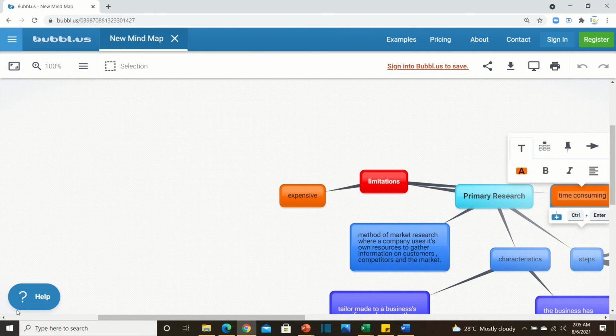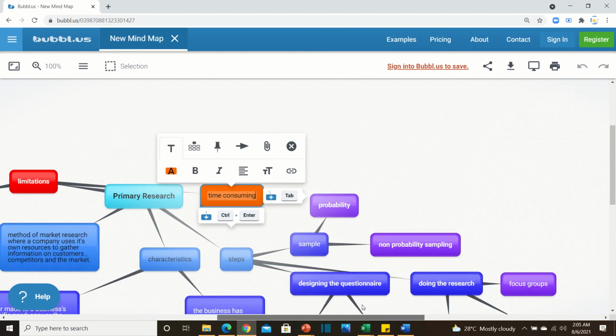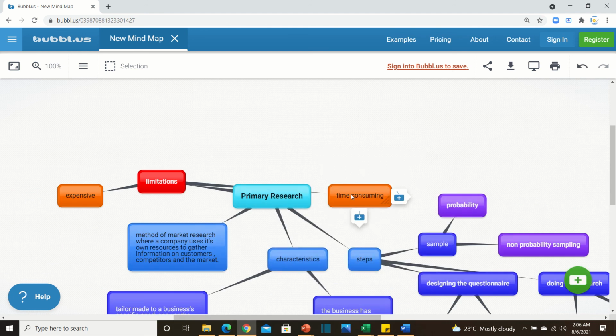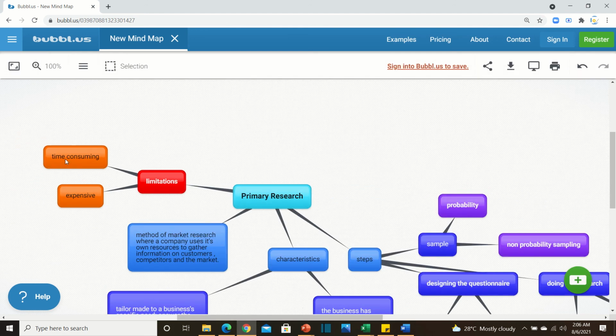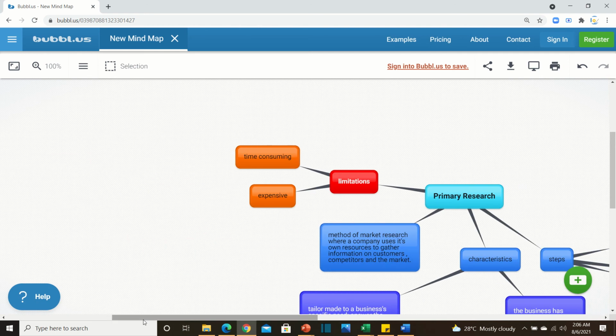Apart from being expensive, it is time consuming. First you decide on the research you want to do, then you take the necessary precautions, you create the sample, you do the questionnaire, you go into the market, you do the actual research, and then you come back and you analyze it. And by the time you come back, maybe it is too late, and trends may have changed, or if it is a fast paced industry, तो वो technological trend change हो चुका होगा जिसको आप पहले जाके explore करना चाह रहे थे in the first place. तो ये एक issue है इसके साथ.